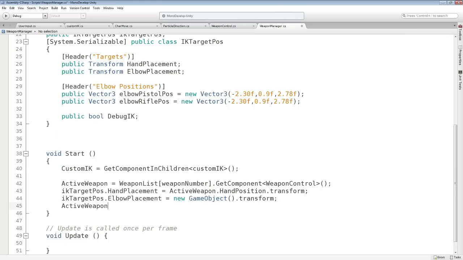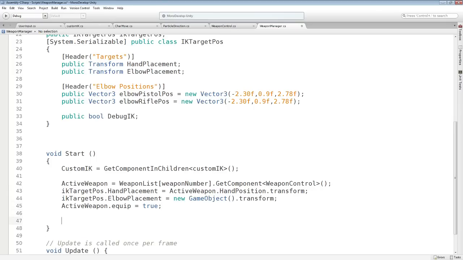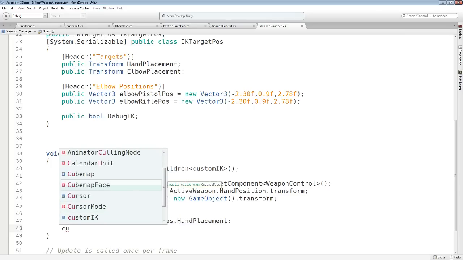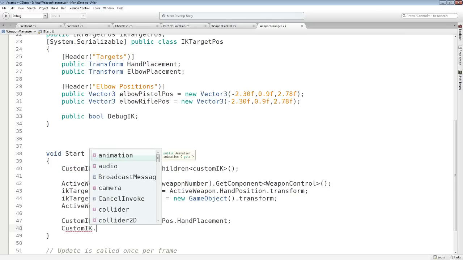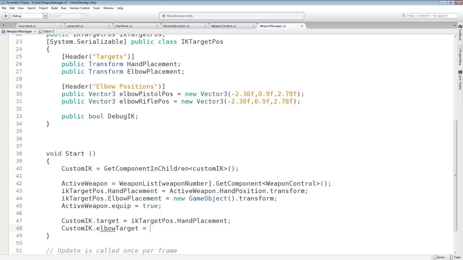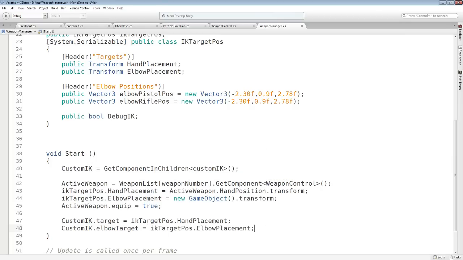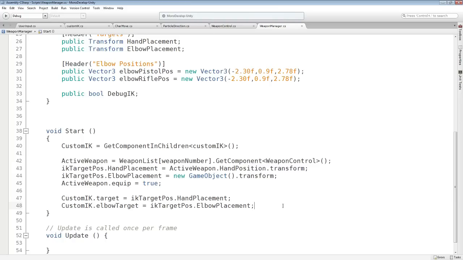And of course we want the active weapon to be equipped. Now on our custom IK, our target we want to be the IK target position dot hand placement, and again on our custom IK dot elbow target we want this to be our elbow placement we just made,